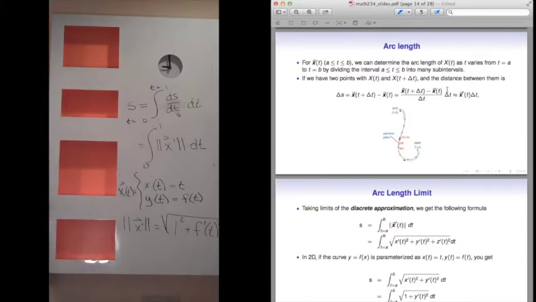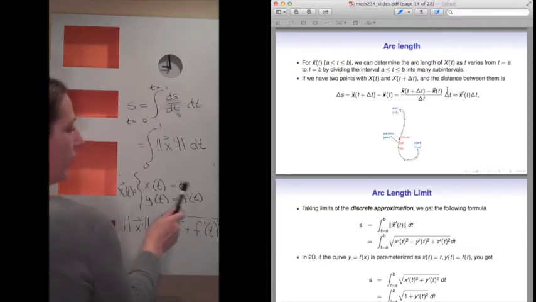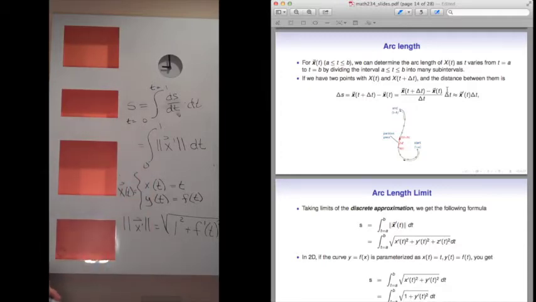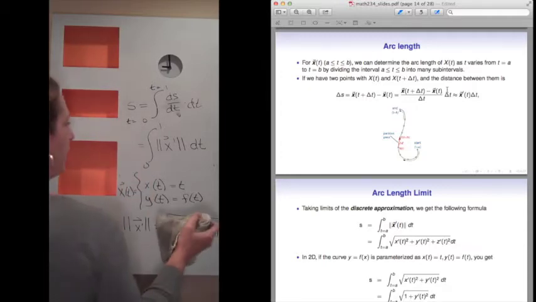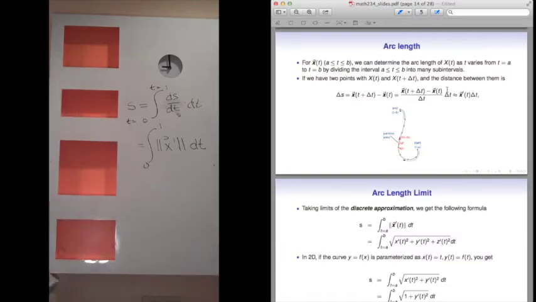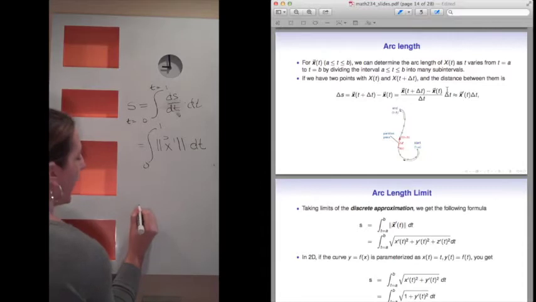So in the generalized case, we may have any function for the x coordinate, any function for the y coordinate, and if we have a z coordinate, any function there. So in the general case,